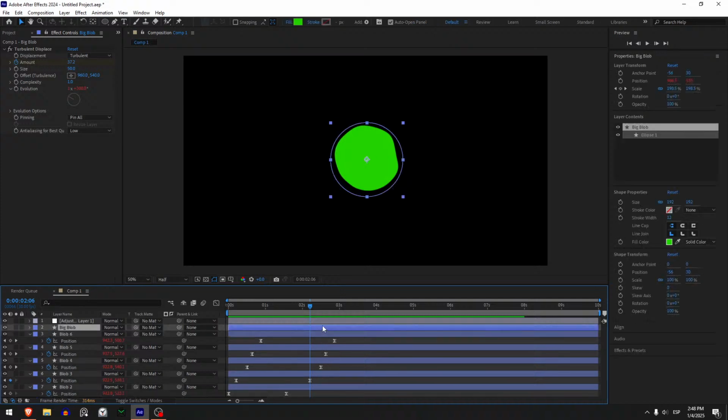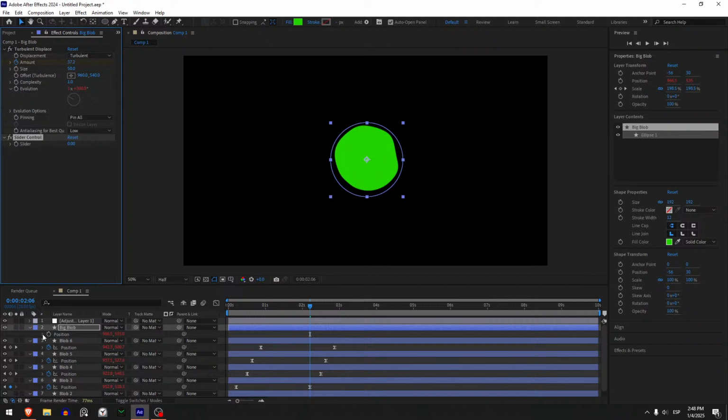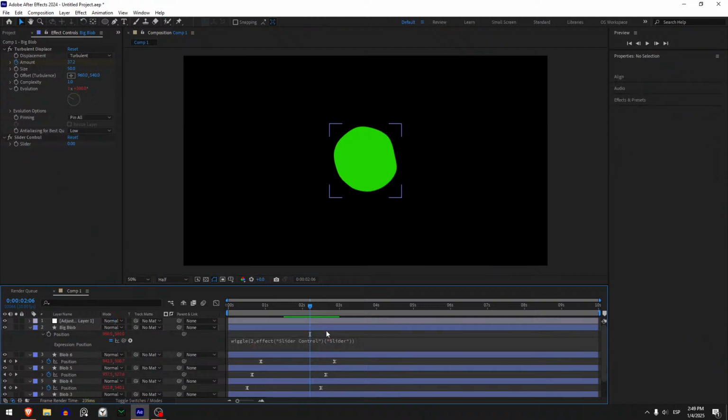Okay, and you can also animate the wiggle so it stays static after all the blobs combine. So let's add a slider control to the big blob. So in effects, slider control, go to the position and here in the wiggle, select the 50 for amplitude and grab the pick whip and select the slider. Now click outside